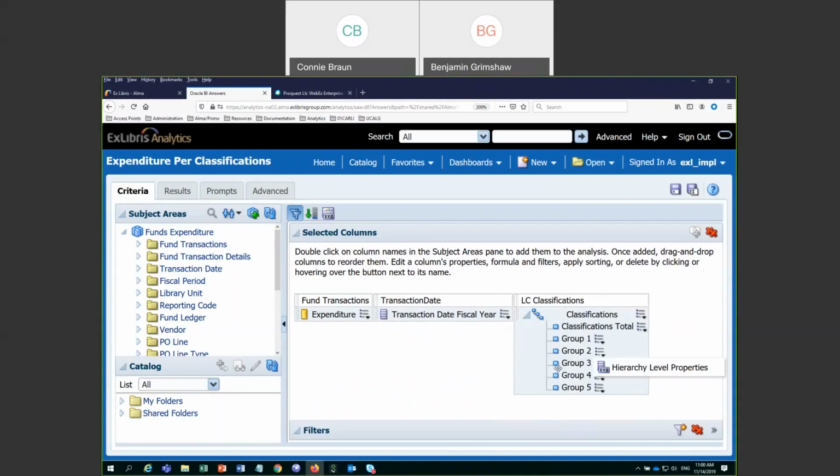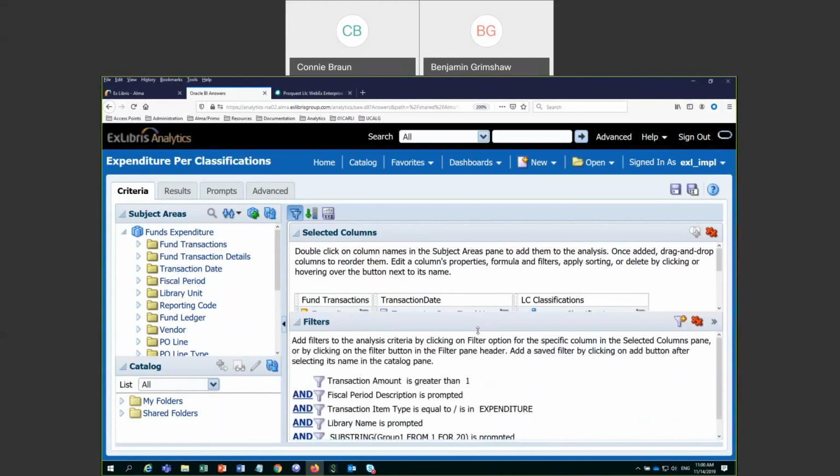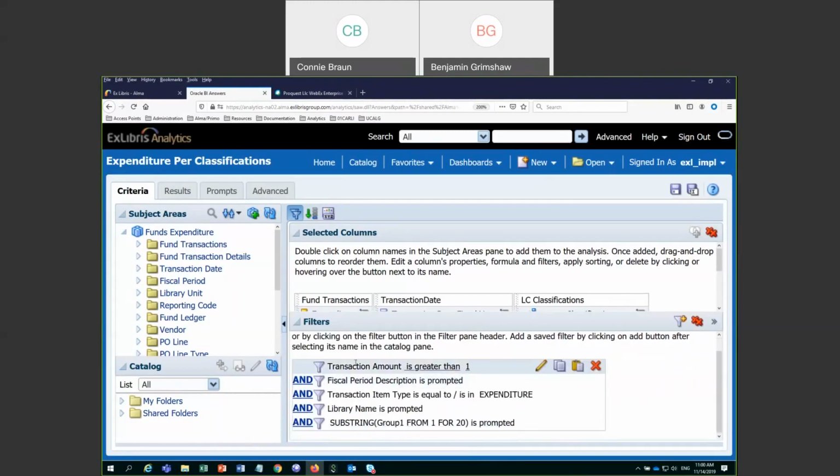And that's what we were seeing as I was beginning to open that kind of thing up. Some other things to take note of in this particular example is the filters. Transaction amount is greater than 1, and the 1 here means greater than $1. So if you migrated purchase order lines for journal subscriptions, for example, and they had a $0 value,